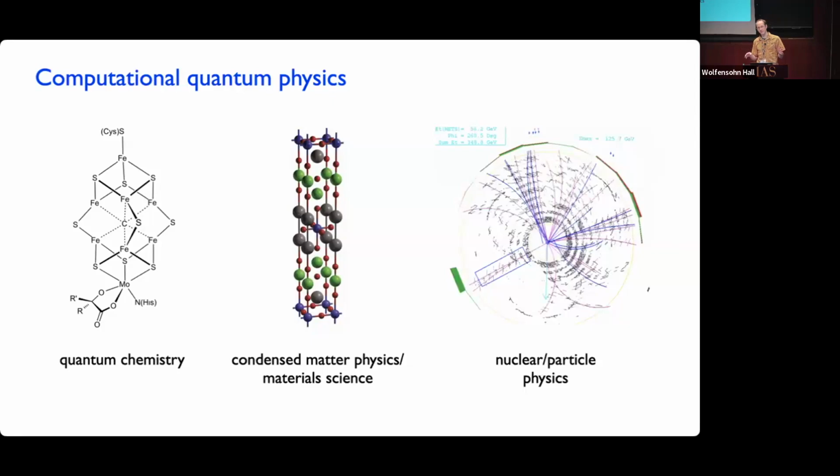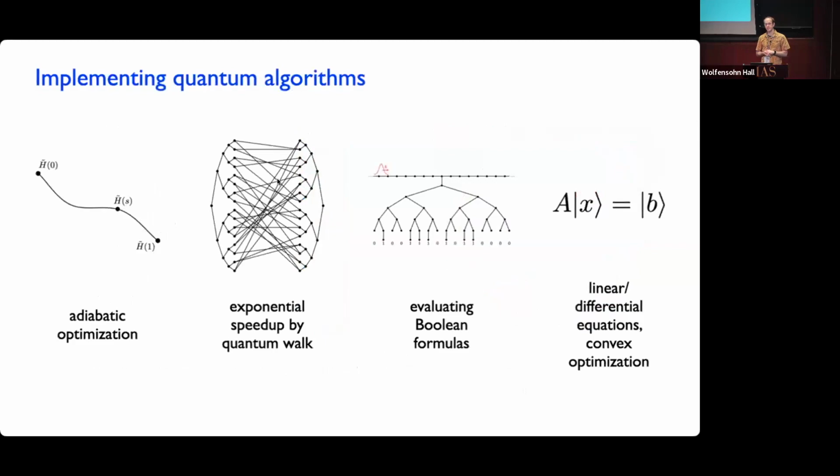Okay, that's the obvious reason, but I think there are also some other reasons to think about simulating Hamiltonian dynamics on quantum computers, aside from just the fact that we're interested in simulating physics.